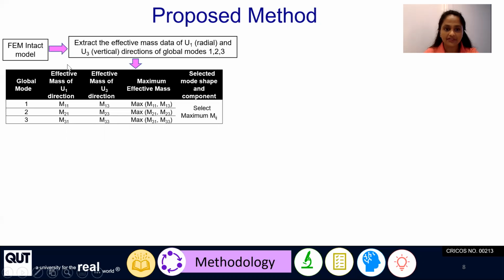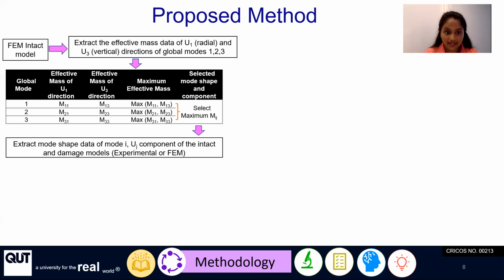After that, I have identified the maximum effective mass values considering these 6 values. After identifying that, I have identified the dominant mode and mode shape component, which corresponds to the maximum effective mass value. Then I have extracted the mode shape data from the intact and damaged models using one